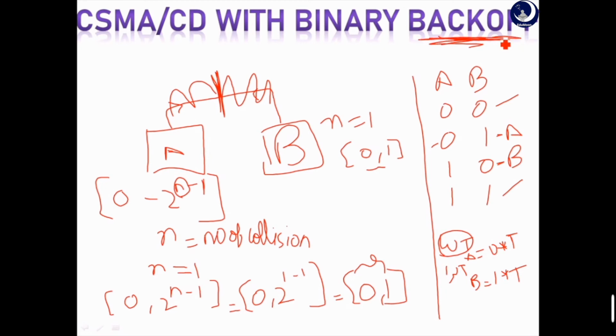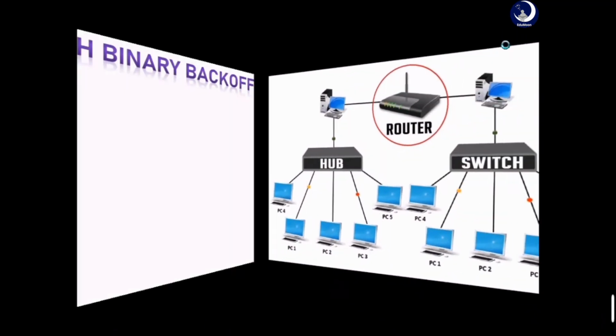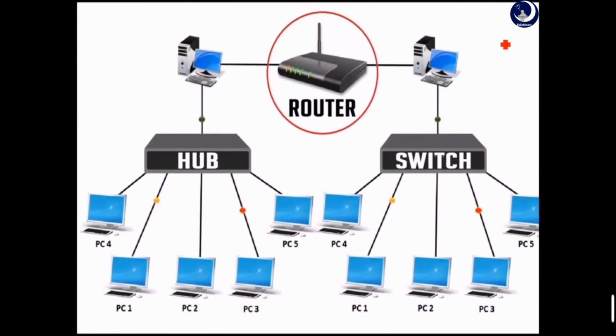Now coming to switched Ethernet. To know what it is, first you have to know what a hub is and what a switch is. A hub simply connects all the computers attached to it in a wired manner. A switch helps to connect devices in a network and uses packet switching to send, receive, or forward data packets over a network. It has many ports.